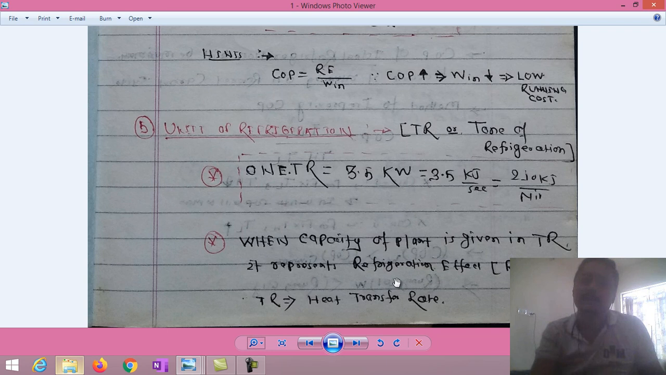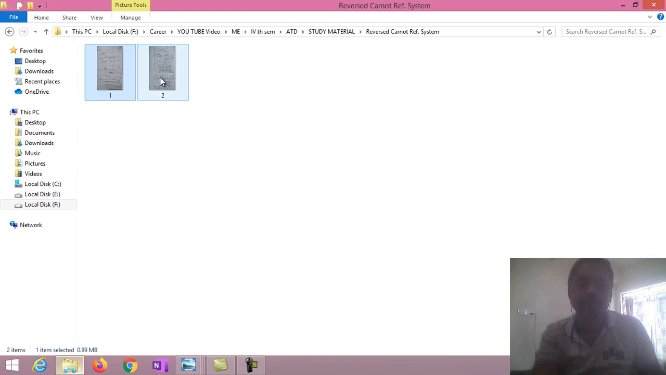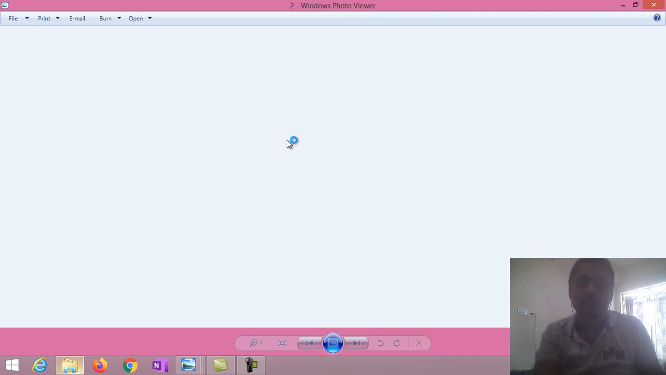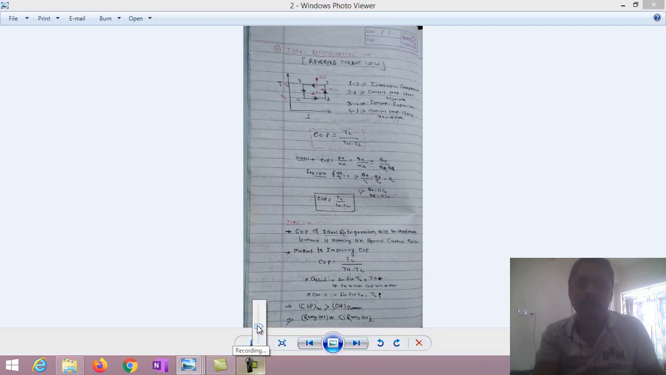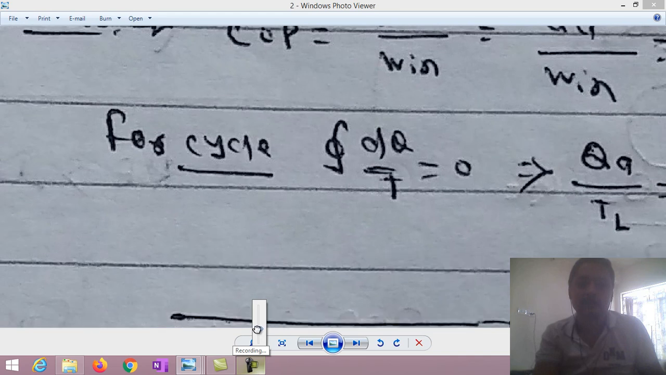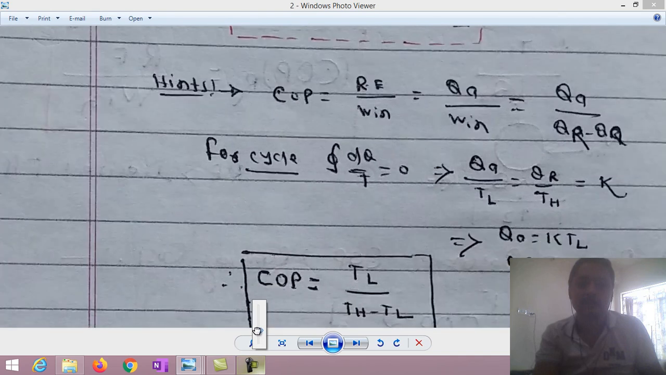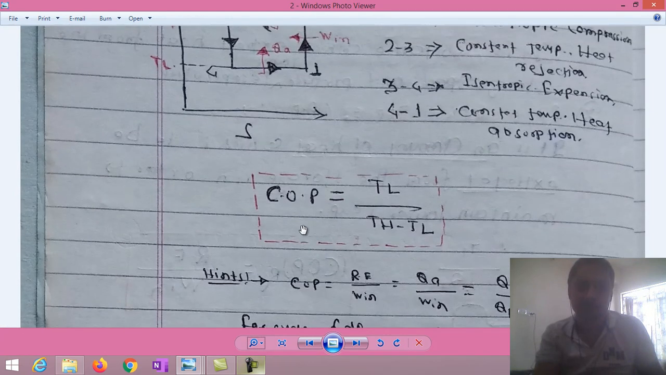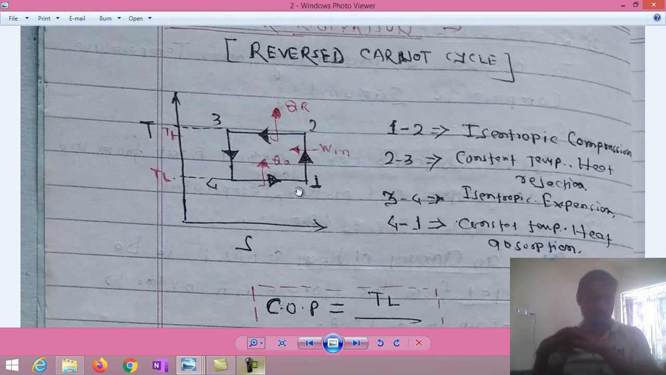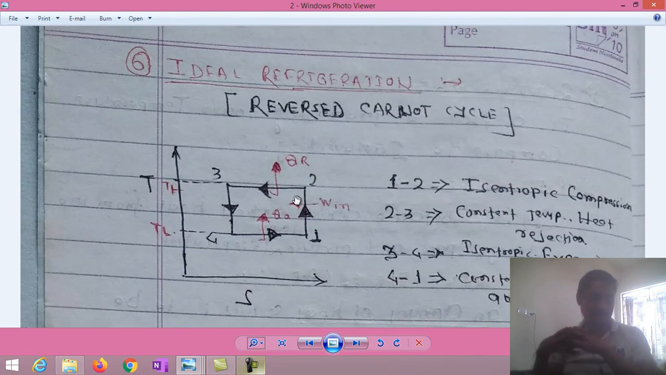Now we are ready to move to understand the reverse Carnot refrigeration cycle. We have gone through some basic fundamentals like refrigeration, refrigerant, refrigeration effect, and unit of refrigeration effect. Right now, we'll discuss the reverse Carnot